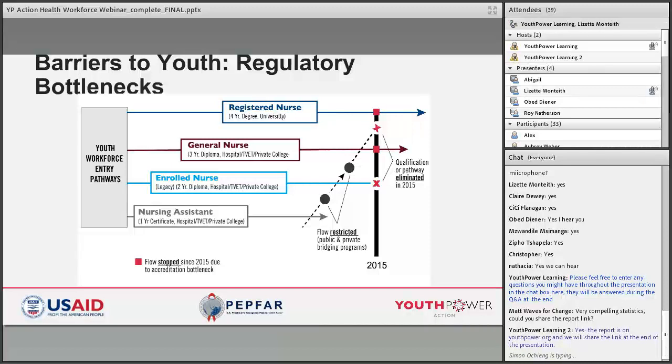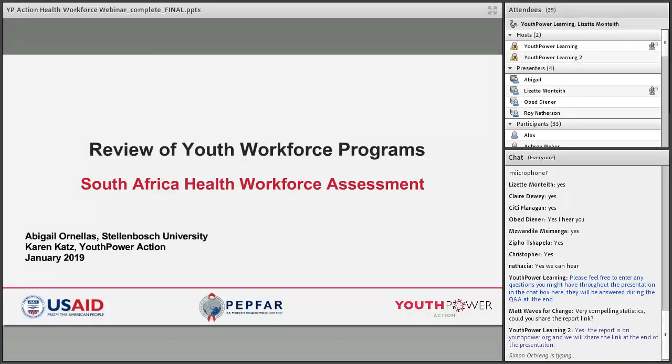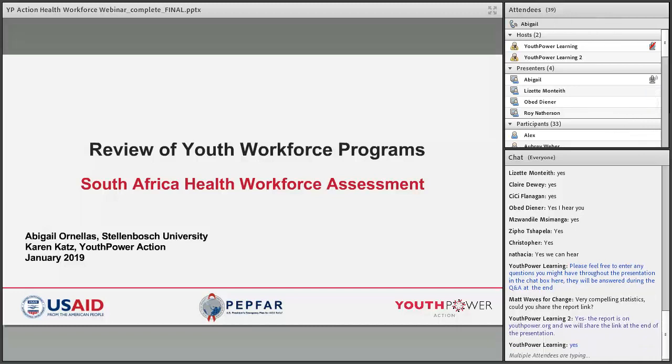And another example of changes is that it is no longer possible to advance from the level of enrolled nurse to registered nurse through continuing education. That's now restricted only to youth with a 4-year university degree. And so this is a case where the new accreditation system has been the responsibility of the nursing council to implement. It's been a delayed process in implementing these reforms, which has meant that education and training programs to become certified to offer the new set of qualifications have been difficult. The bottom line for all of this has been really slow, and in some cases,